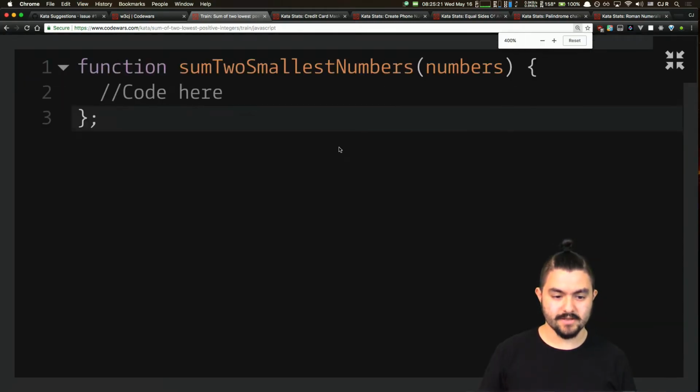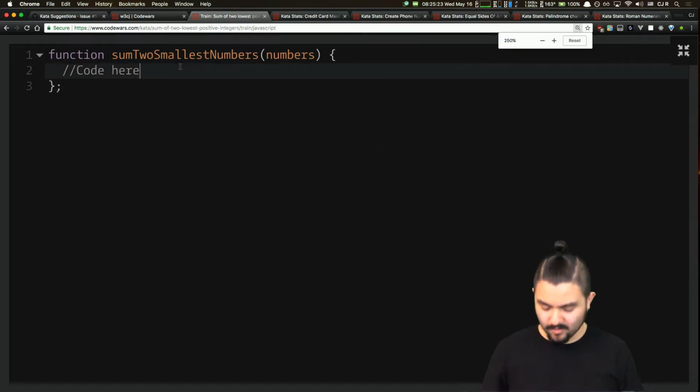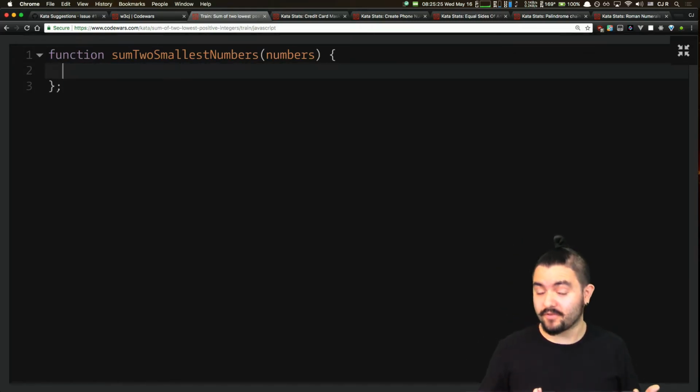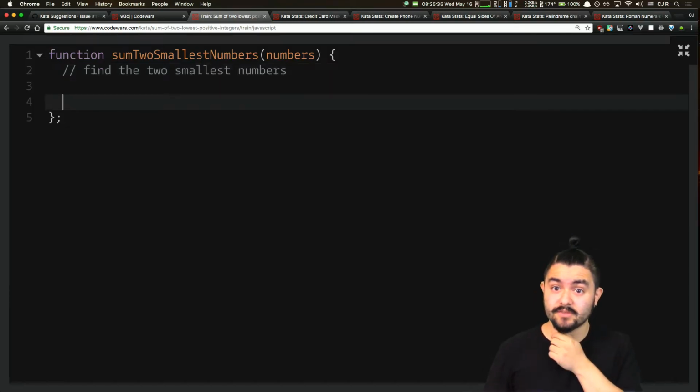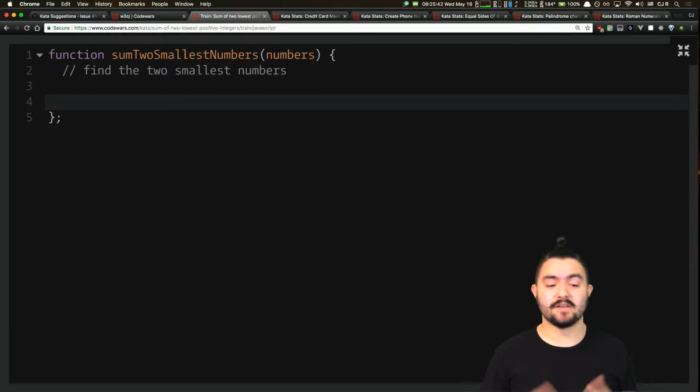Just get right into it. Okay, so really the problem that we're first solving is to find the 2 smallest numbers. There are a lot of different ways to do it. There's even a way built into JavaScript. For the most part, you have to do something a little bit special. But I'm going to do it manually first, and then I'll show how we might do it using a built-in way in JavaScript. So one way we can do this is we'll look at the first 2 numbers in the array,